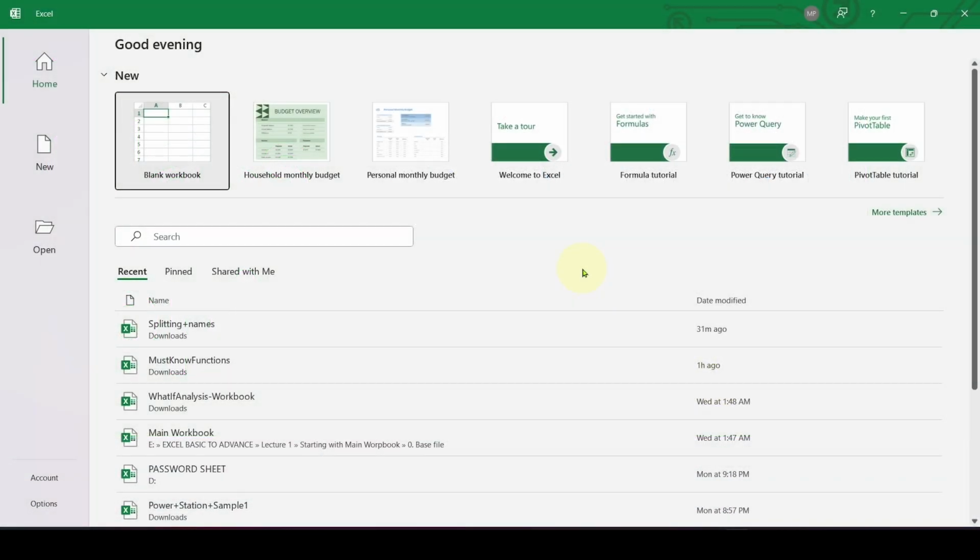When you first open Excel, you will be presented with a home screen which looks like this. And it is this home screen that has been a part of Excel for many years and different generations of the program. Your home screen might look a little different to mine, but generally speaking, it would roughly have the